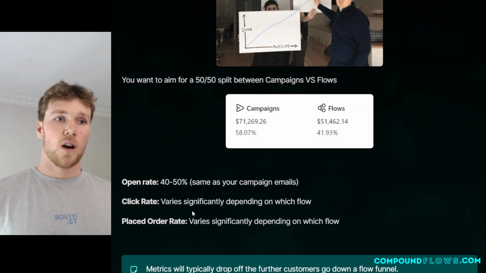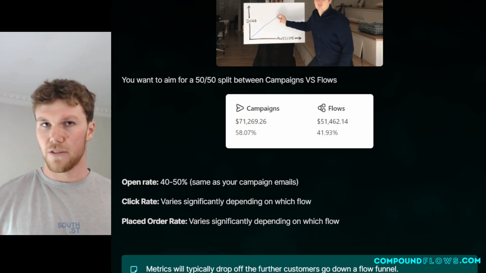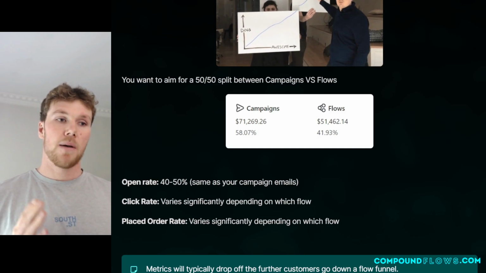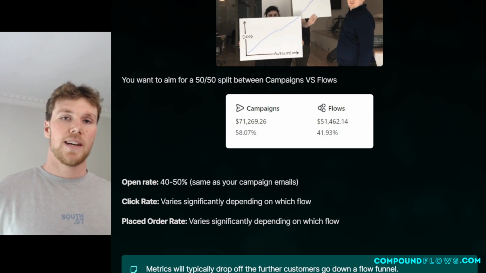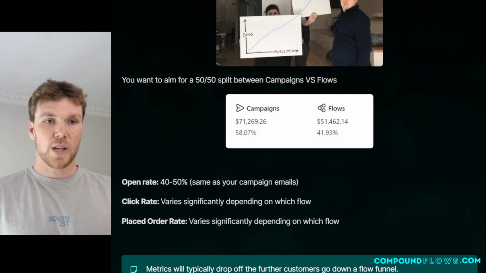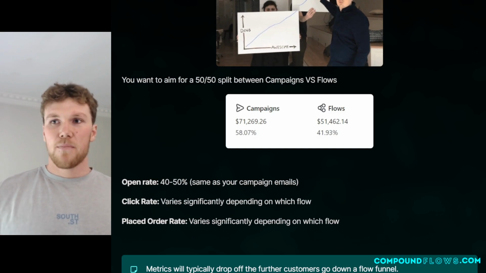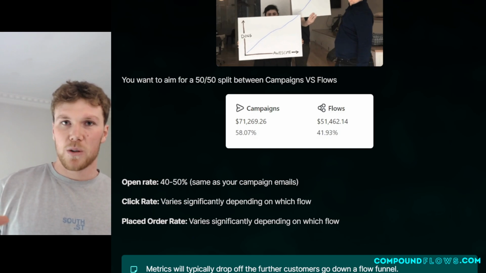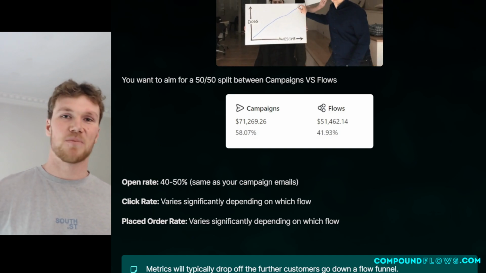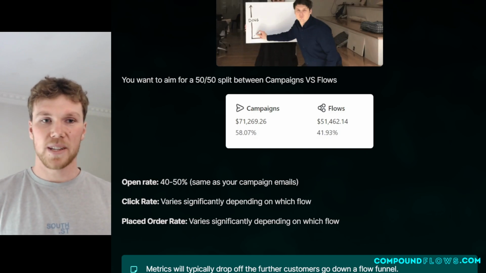Open rates, again, same as your campaign emails, you want a good, healthy 40 to 50% open rate. However, your click rate and place order rate, again, it's heavily dependent on which email and which flow you're looking at, because something like the first welcome email where people are opting in and receiving that first welcome email, that's going to have some crazy numbers, some really high click rates and some really high place order rates compared